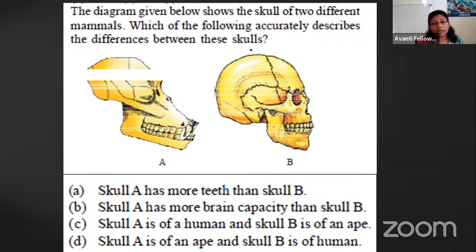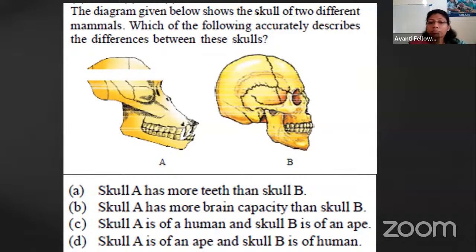Option A: skull A has more teeth than skull B. Option B: skull A has more brain capacity than skull B. Option C: skull A is of a human, whereas skull B is of an ape. Option D: skull A is of an ape and skull B is of a human. You can give your answer through this